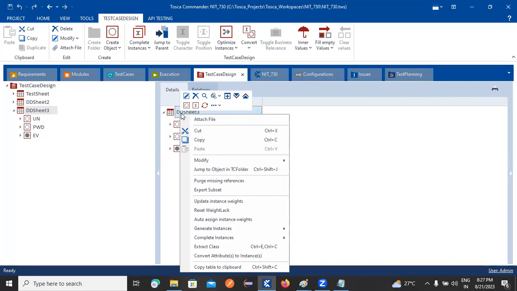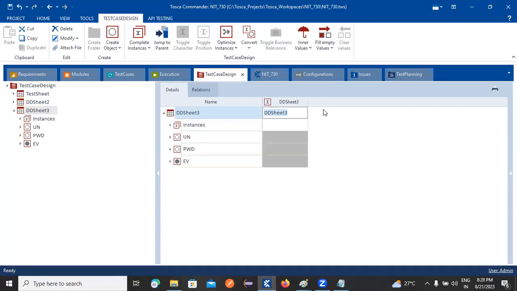And here we need to choose create instance. Once you choose create instance, we are able to provide